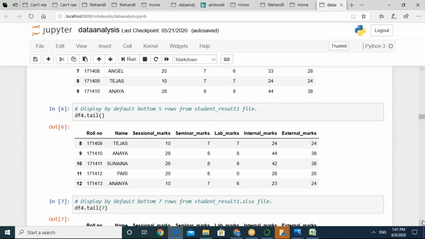However, can you show me the code that you have written? Okay, for the time being, just focus on the methods that I have told you to practice.